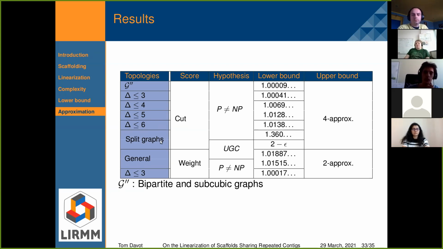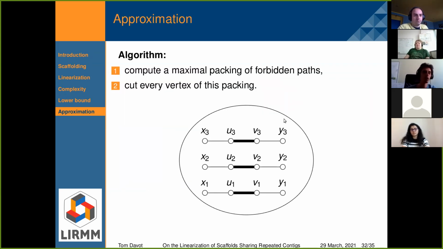It's the case for the split graph. Here we have a lower bound equal to 2 under the UGC hypothesis. And the approximation algorithm is really close to the one we have for vertex cover. Instead of a maximal packing of forbidden paths, we can have a maximal packing of matching. Okay, thanks.